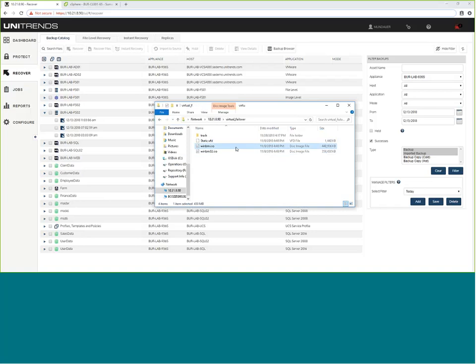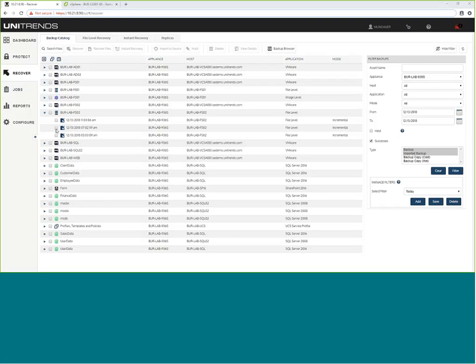If you go to the appliance's IP in your network share, click on virtual failover, there's a Windows PE ISO image that you can use to deploy. Either burn it to disk or flash drive or just load it into your virtual host. Boot from there, that'll open up a GUI, and that GUI will point right back to the appliance so you can pick any file level point in time to recover from. So you don't need to run separate bare metal backups to be able to accomplish bare metal restores. For physical servers, you can even pre-build those as virtual replicas on secondary hosts.